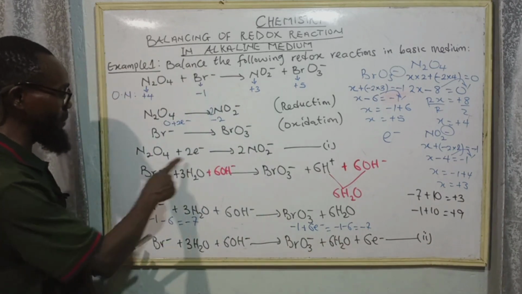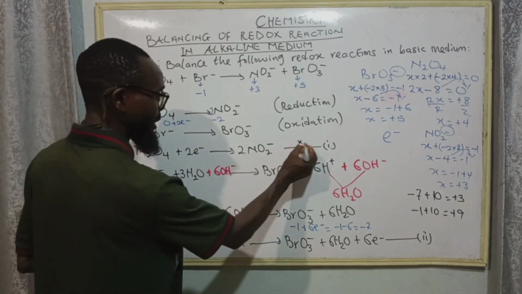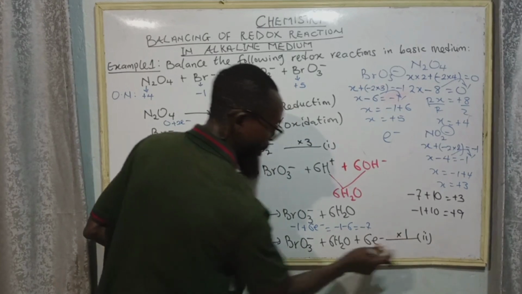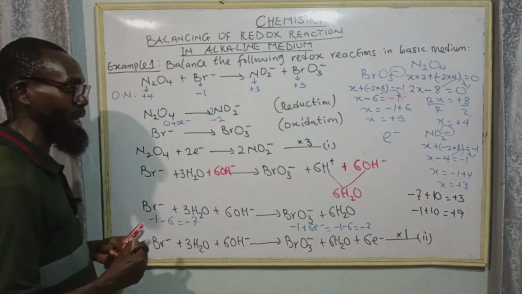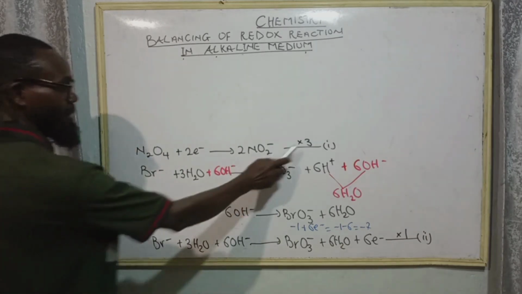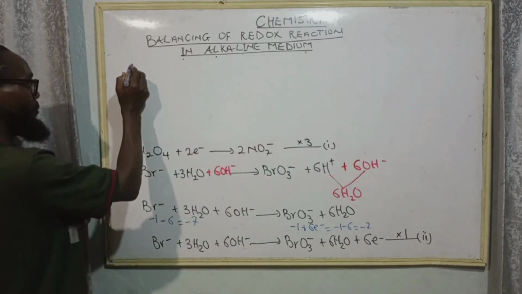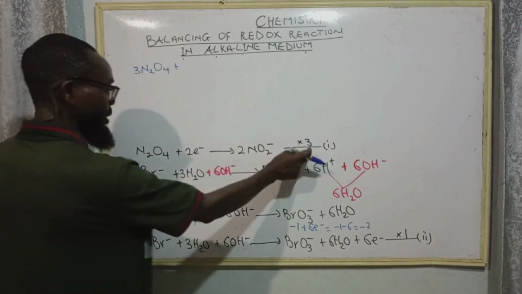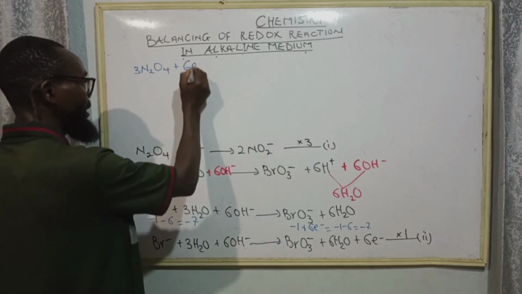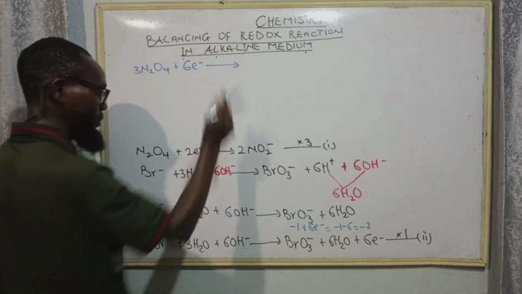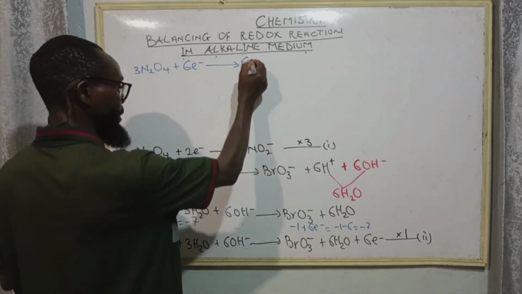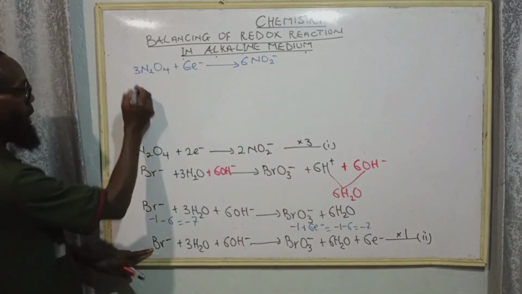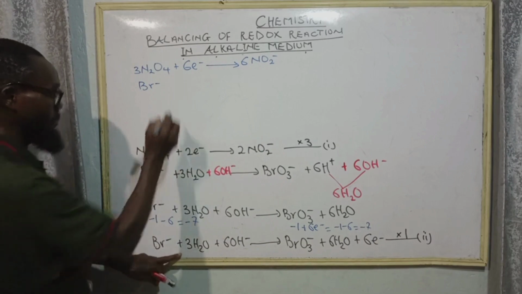Okay, I'm going to multiply equation 1 by 3 so that it will become 6 electrons. Multiply equation 2 by 1 so that it becomes 6 electrons as well. So let's move. Now, 3 times this, I have 3N2O4 plus 3 times 2 electrons, 6 electrons, to give 3 times 2, 6NO2 minus. Then this one times this, we have Br minus plus